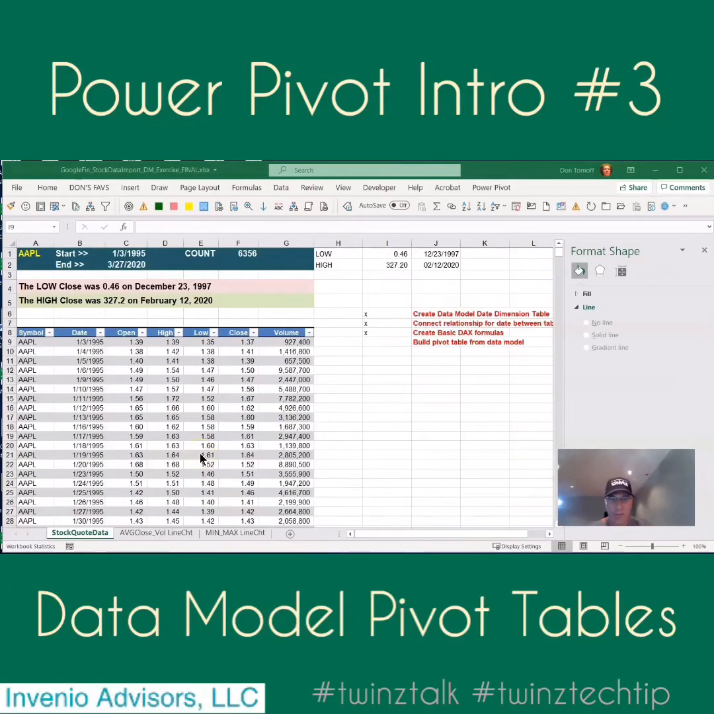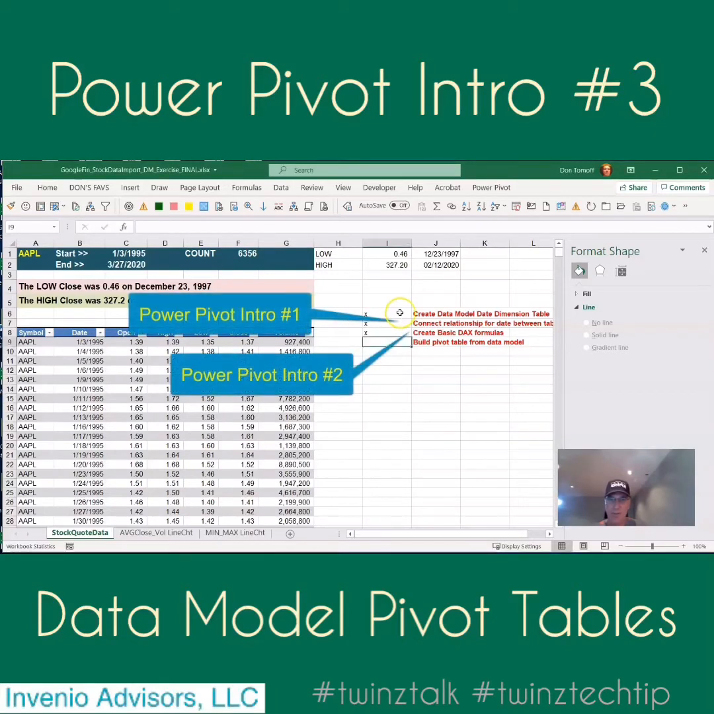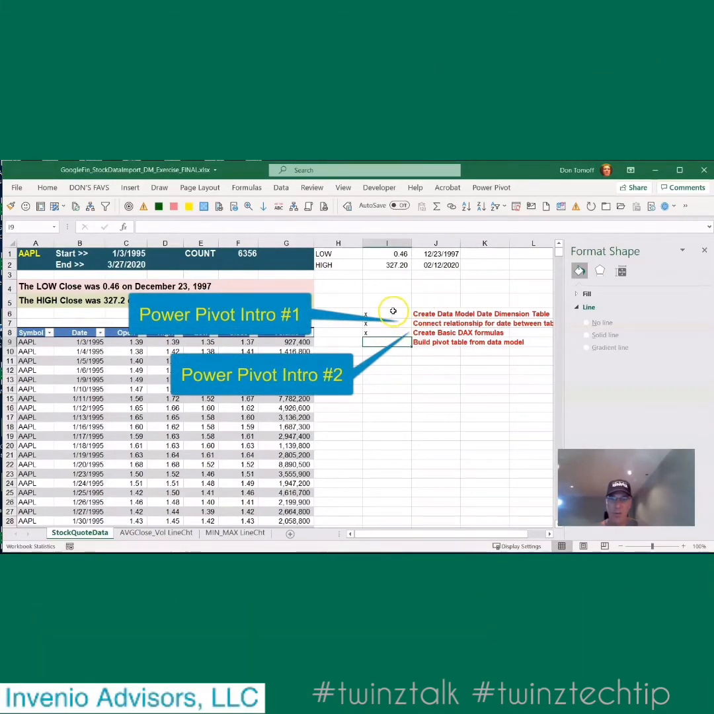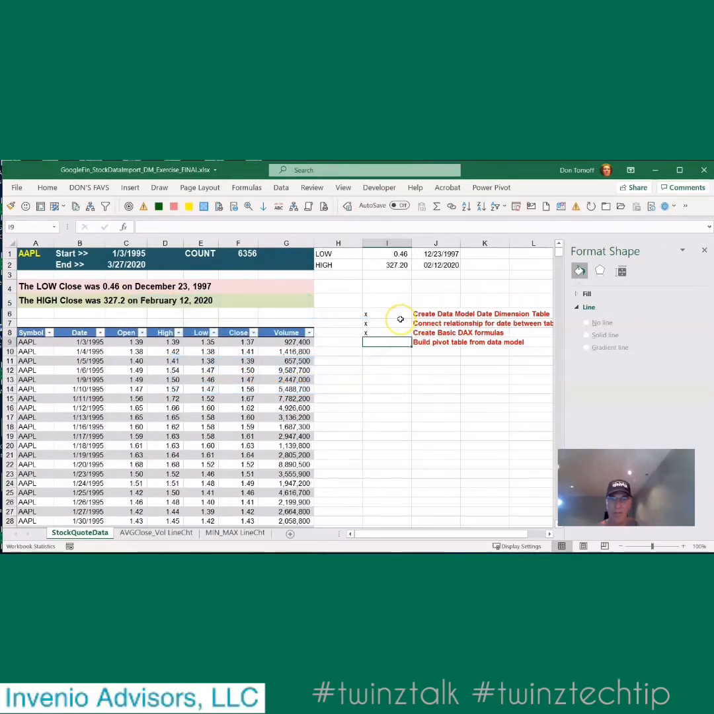Okay, in this video, Power Pivot Intro number 3, we're going to continue on our development here. In video 1, we did the date dimension table and connected the relationship. In video 2, we created a few basic DAX formulas, and now we're going to build a pivot table and chart from the data